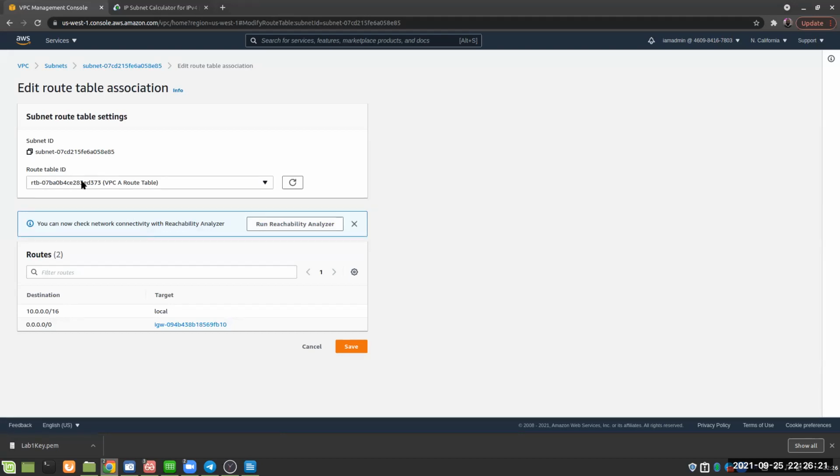This is the subnet. The routing table you want to give it is the VPC A private routing table. That's what you want to have. So if I save that, you see, if you choose that routing table it only has traffic that stays in the subnet. So if you save that,